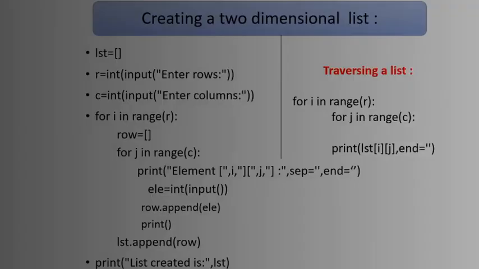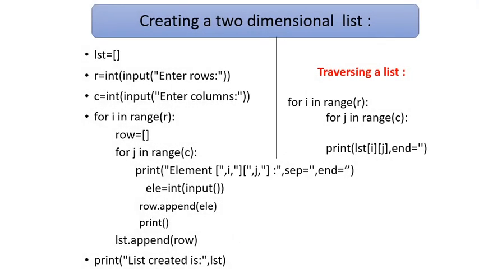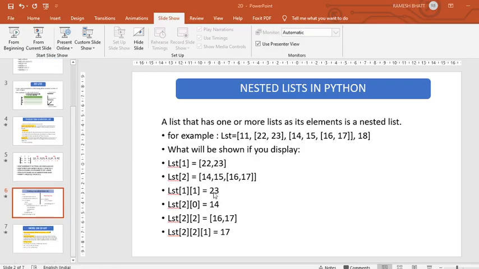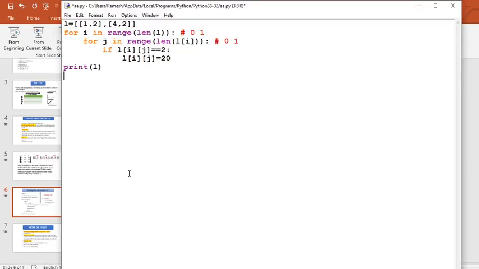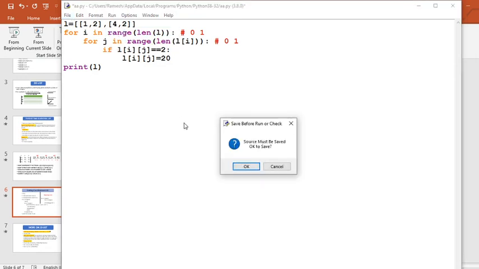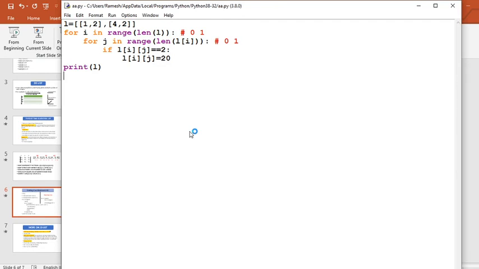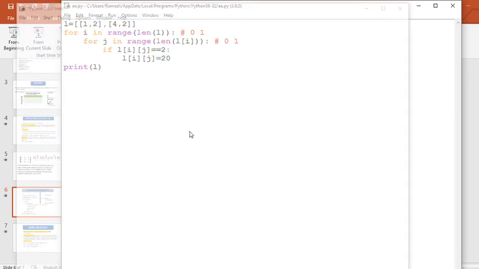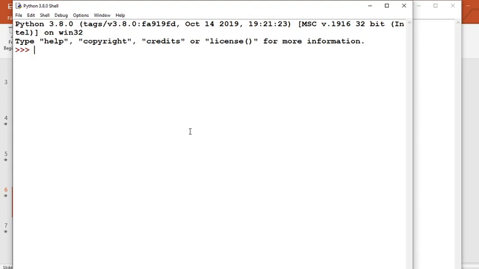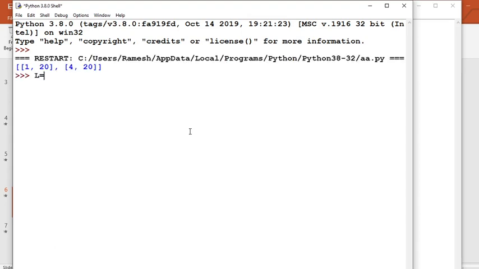Okay, now coming to the program. Before that, we will go to our IDE and do some programming as well. First of all, L equals 1, 2, 3. Now what is this?